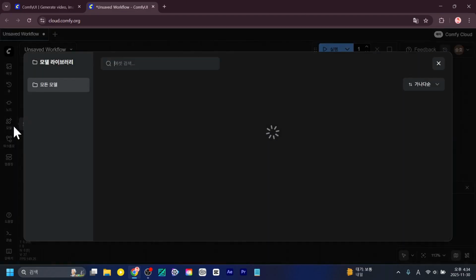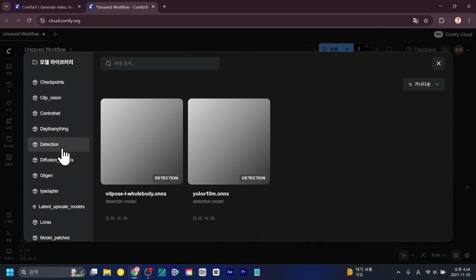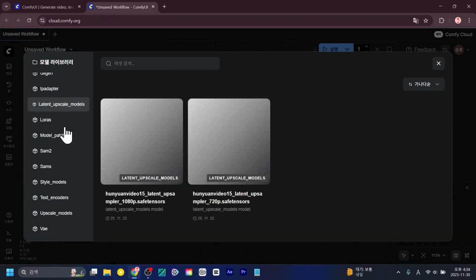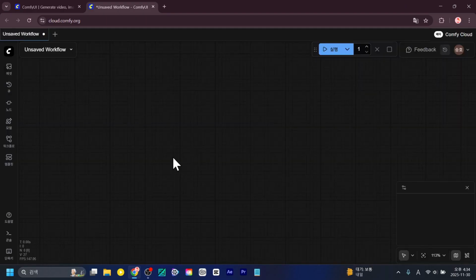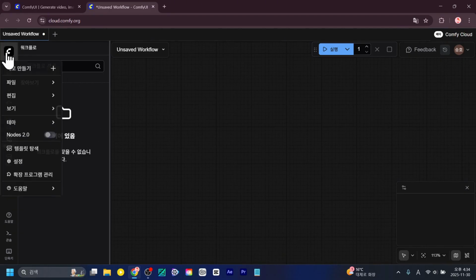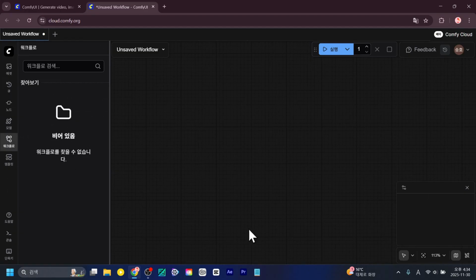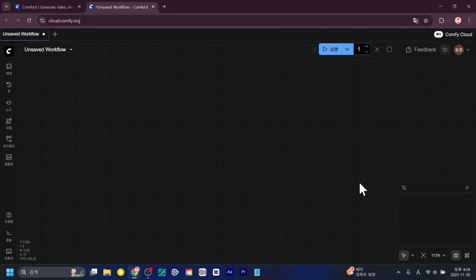Now, it seems like I can set up all the necessary nodes here, and then as for information about the models, you need suitable models to operate these nodes. You need trained files, and this section deals with information about those files. You can take a look at these things, but they're not that important. Next, the workflow section allows you to save your workflow here. If you look at the top, you can click Save in the File menu to save your current work here. However, ComfyUI is set to autosave by default.